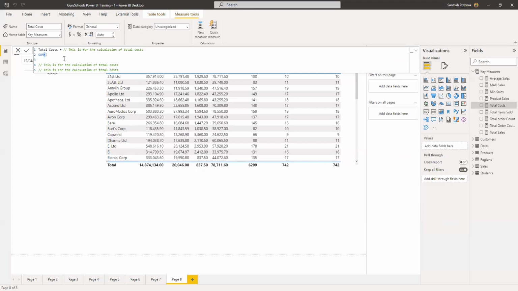What is an iterative function? You have seen aggregative functions, only, right? Sum, min, max, those are aggregative functions. It sums up as a whole set, right? I showed you how it filters and sums up as a whole. SUMX is an iterative function. What it does is